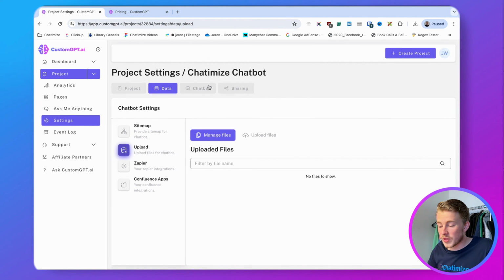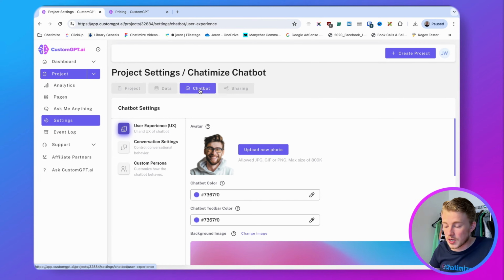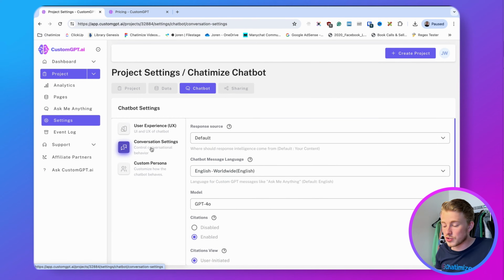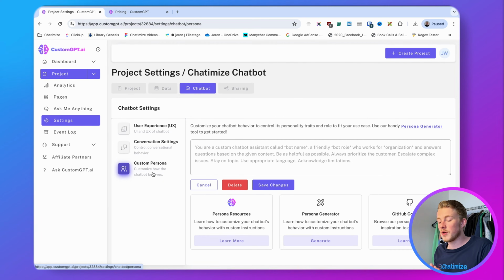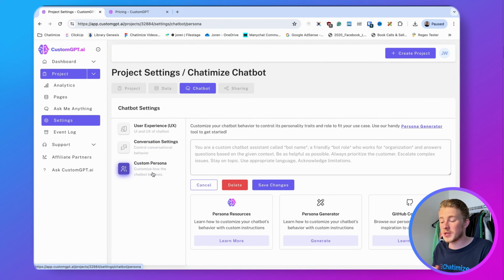And then here you also have the presence of your chatbot, how you handle the conversation, so the conversation settings, and also the custom persona. You can give your chatbot a custom persona, basically the system prompt, and then you can make the chatbot your own. And I think Custom GPT is great if you mainly want to have a chatbot that is trained on audio and video,